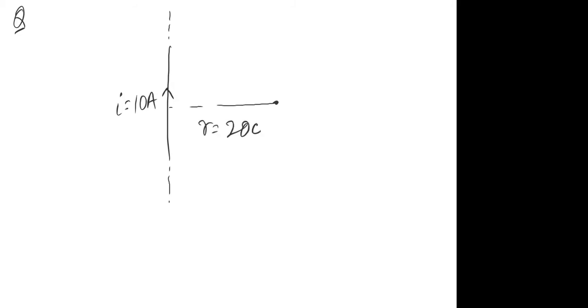I am taking the first example, a very simple example, nothing great in it, the simplest example you can say. We have a wire which carries a current of 10 ampere, and you are supposed to find the value of magnetic field at a distance of 20 centimeter using Ampere's law. I don't want you to use the formula directly. I want you to use Ampere's law. How will you find that magnetic field?